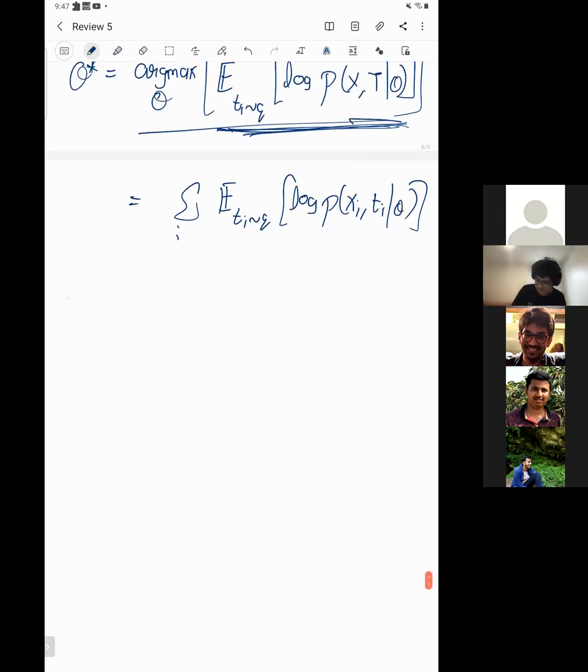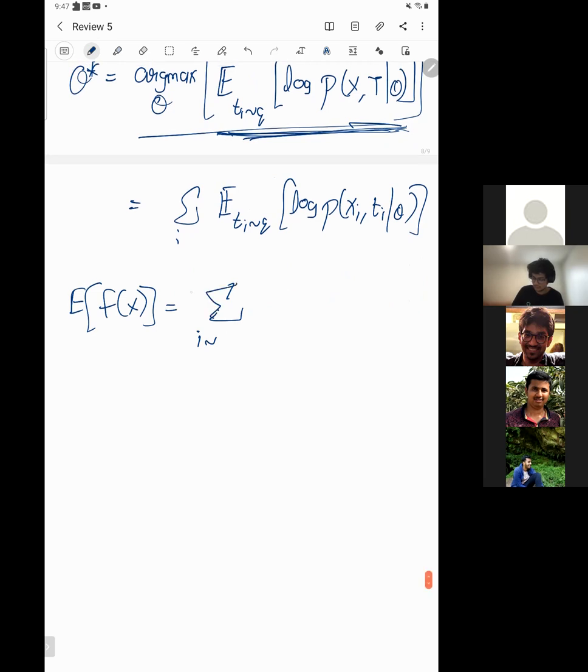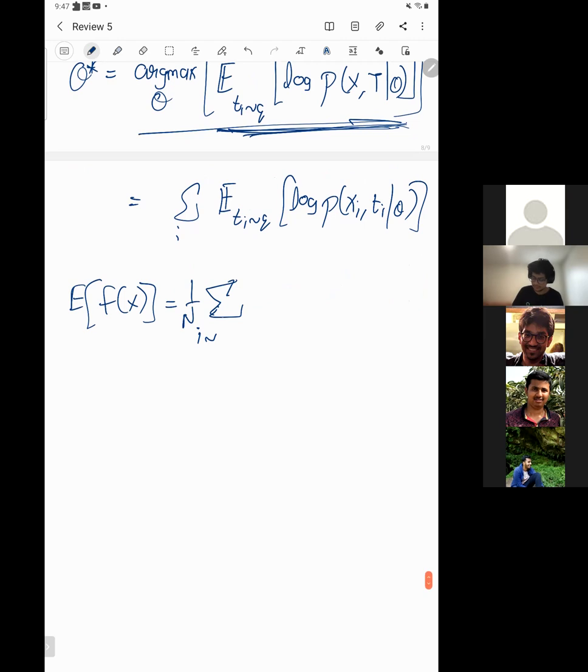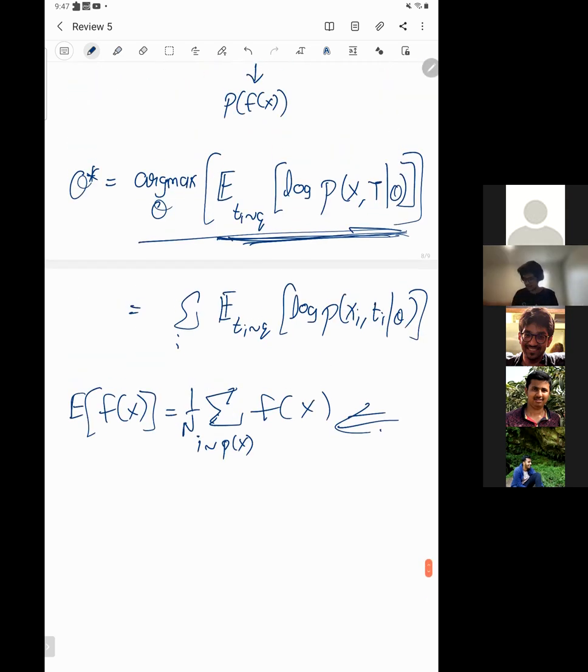So again, I'll just write it. If you need to calculate this, you just sample, let's say, n i's from the distribution of P of X, and sum it up. So it's exactly the definition of expectation in an i-th way. This is a Monte Carlo approximation, and in this case, since P of X, the joint probability of X and t, is a huge multidimensional space, Monte Carlo approximation works, but it takes a lot of time to